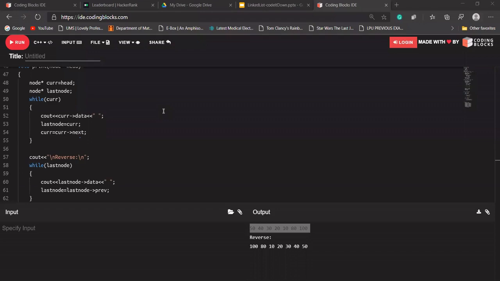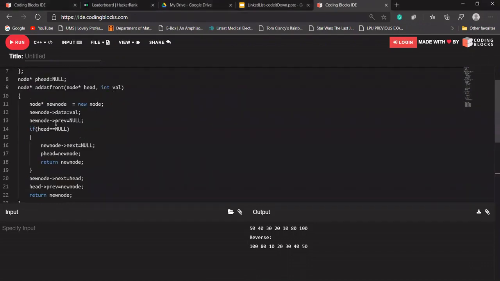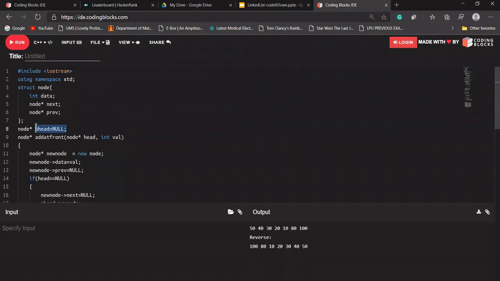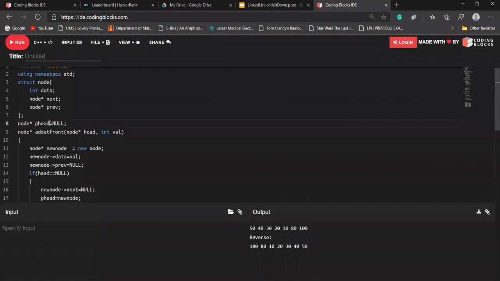So what I'm doing here, let's dry run the output. This is a global pointer, and we are having the p head. Our p head is pointing to null.